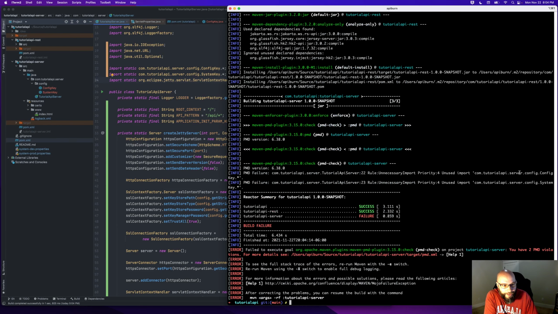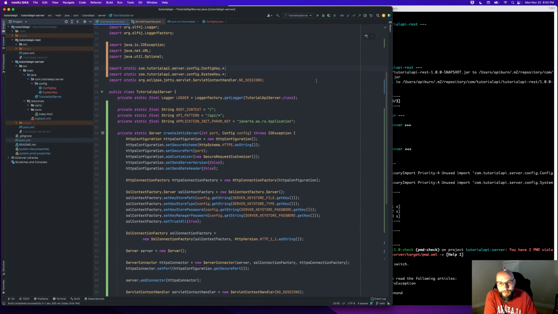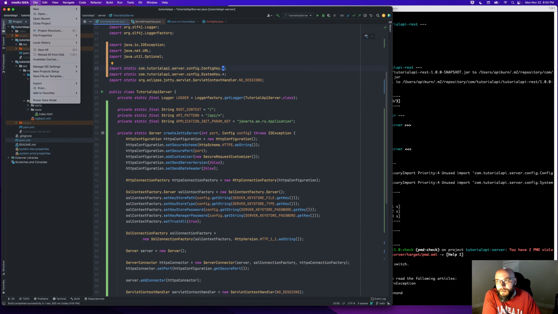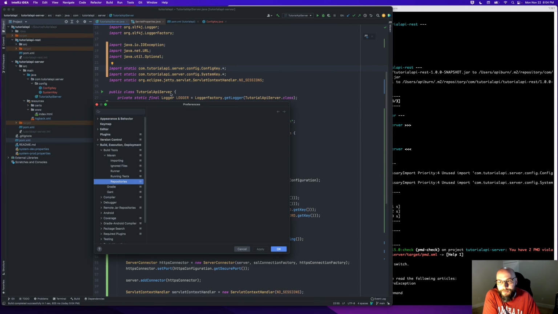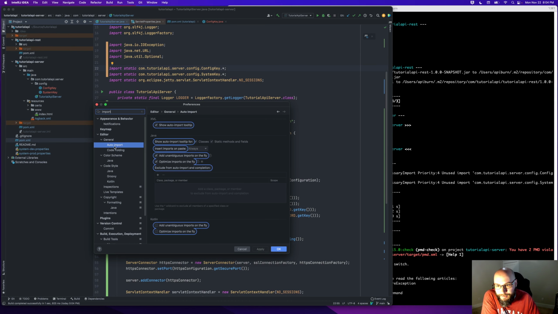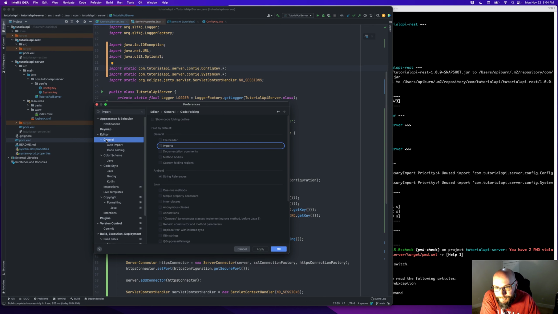All right, so now we've got unused imports. It seems to not like these wildcard imports. Somewhere in here, preferences. Let's look at imports. So I don't see anything about when to expand or wildcard imports.